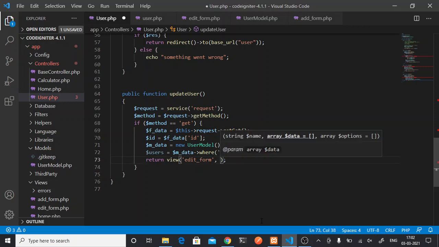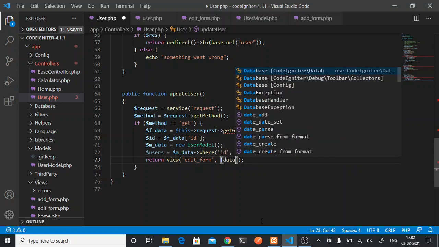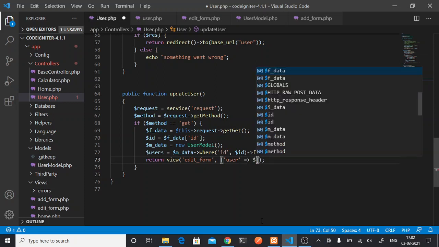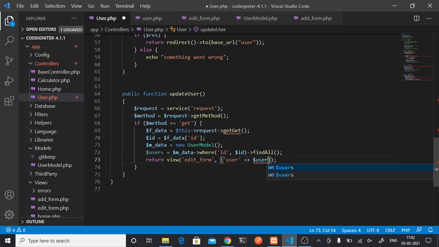Along with that, in the view we will pass this data, $user. Only one user we are getting, so one user.